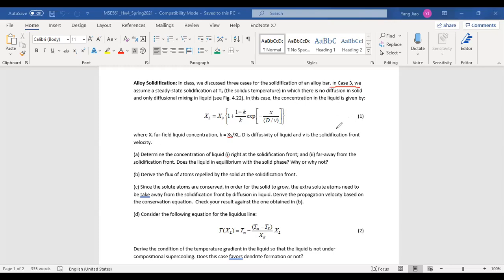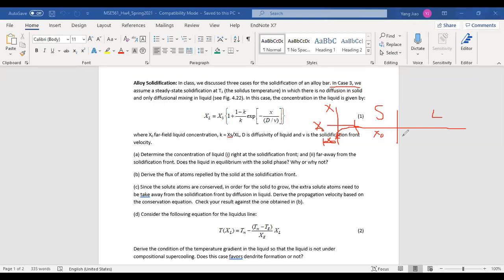This means that if you look at the composition profile in the bar, we're always working with a bar like that. This is a composition profile if this is X, and this line is going to be my X naught. Suppose this part is solid and this part is liquid. We know that the solidification starts with a fairly low composition, which is K X naught. This is where you start, but because you cool the system to T3, it quickly goes through this transition regime and the composition becomes X naught, because you're solidifying the system